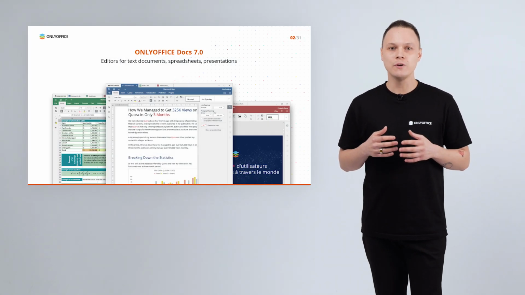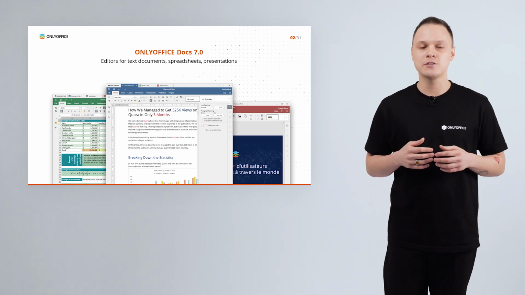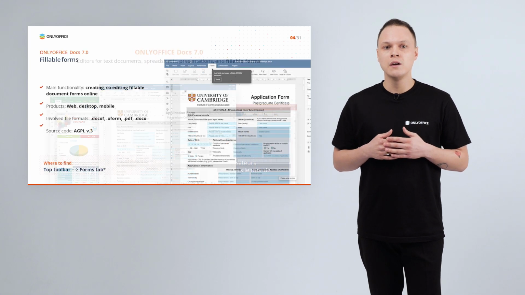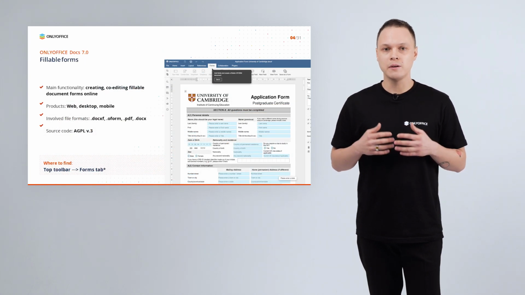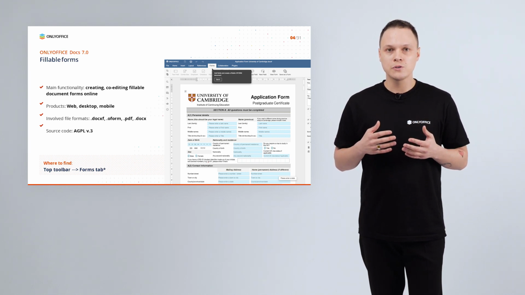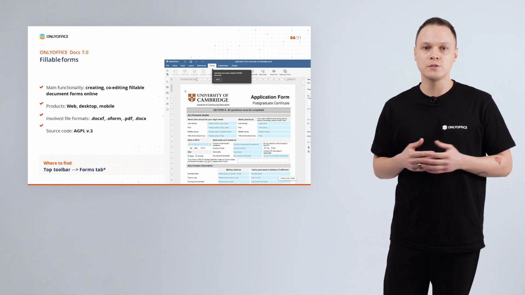So let's discover. ONLYOFFICE Docs has always included free editors for text documents, spreadsheets and presentations. And now it also has an editor for online forms. So the form editor is basically a part of a document editor. Form editing is available in all our solutions for web, desktop and mobile,